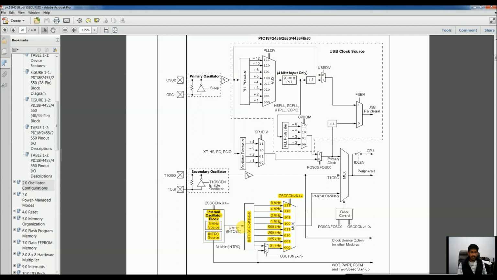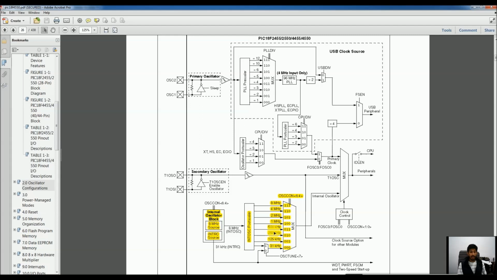This 8 MHz source can be divided further using a divider already present inside the microcontroller, and it can be divided into 4 MHz, 2 MHz, 1 MHz up to 31 kHz. So even if we are using an internal oscillator as the master clock source of the PIC microcontroller, we are not stuck with just one option. We have multiple options to use the 8 MHz source as it is, or divide it to lower our clock speed.